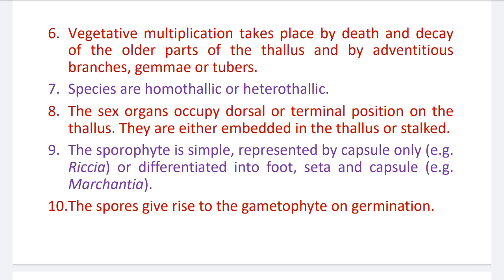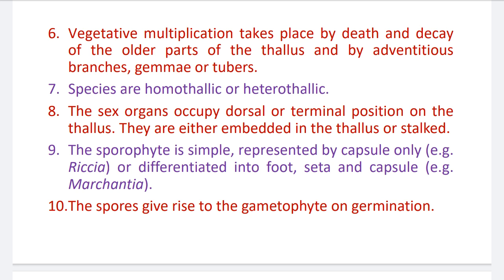Number 9, the sporophyte is simple. Sporophyte means what? The spore producing structure is called the sporophyte. In the case of bryophytes, the spore producing plant body is the sporophytic plant body, which is totally dependent upon the gametophytic plant body. Why the gametophytic plant body? Because the gametophytic plant body